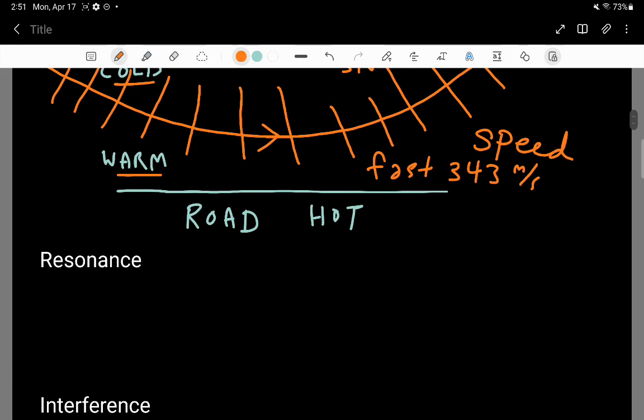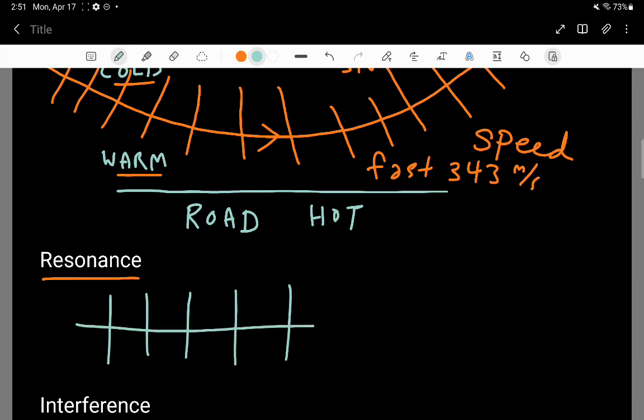Okay, so the next topic is the idea of resonance. And so here is, for example, a sound wave traveling. That is, it's a disturbance, right? An energetic disturbance, and let's say it's traveling towards the right. If the frequency of this sound wave matches, say, the frequency of some sort of oscillator, like for example,